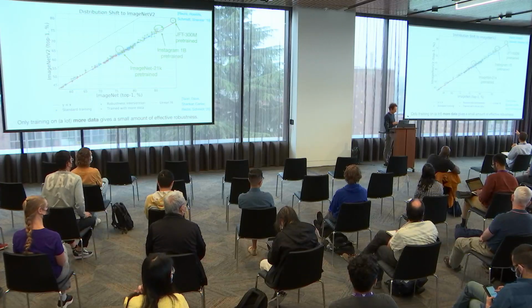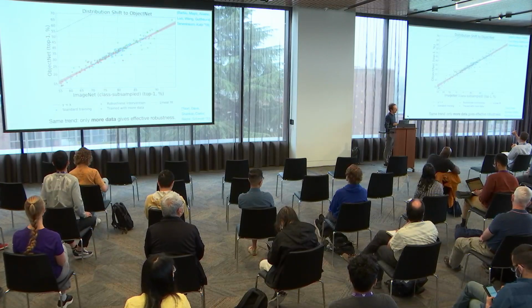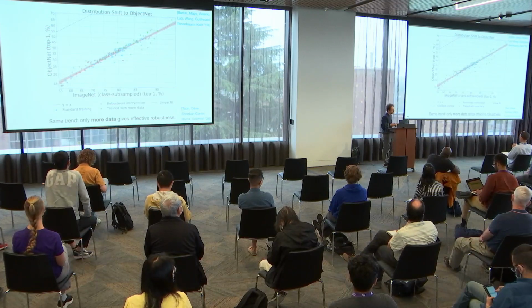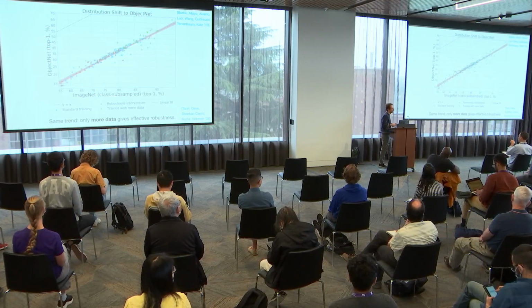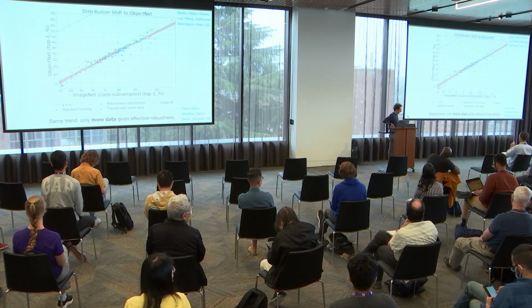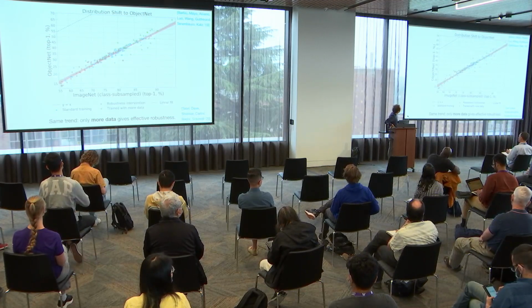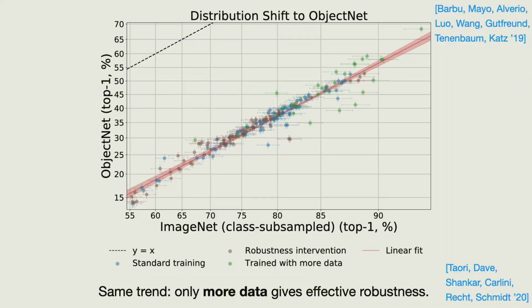Yes, question? On the next slide, where some of them actually are below, is that because maybe their performance was worse before, but they got better once they trained on more data? Yeah, it's a great question what's going on with these models here. One piece of background information is that all of these green points which are below the line come from the same group at Google. I don't know what they did, but this is sometimes the tricky thing. It's great that they released the models, but we don't have full access to all of the training details. So I don't know what they did, but it seems to actually hurt.